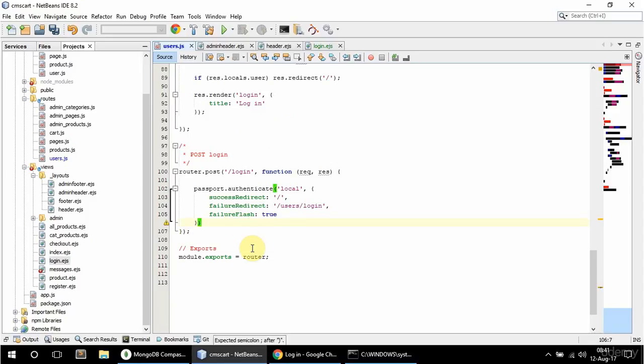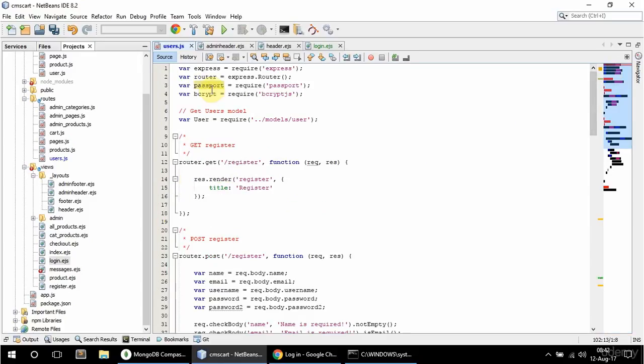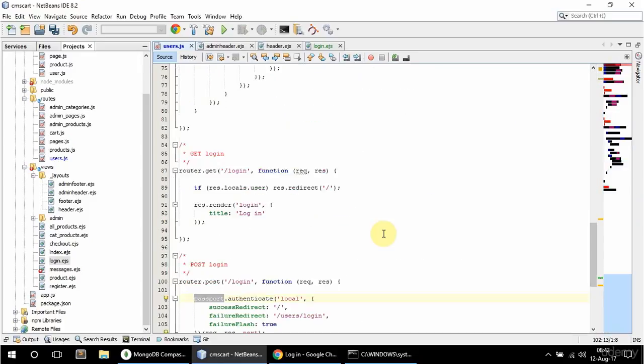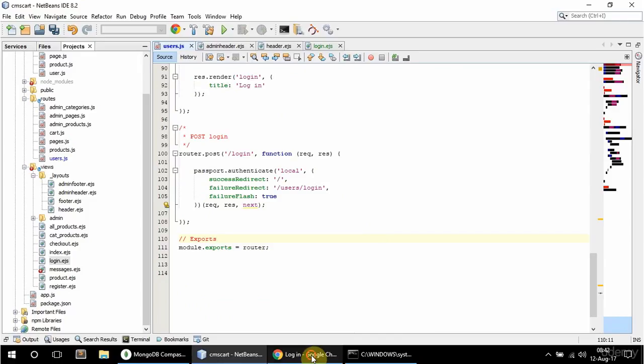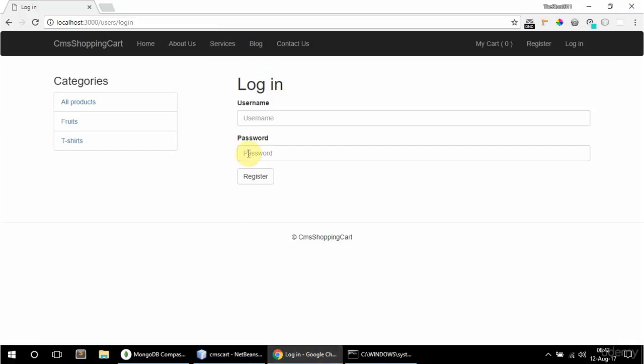And this looks good. I just need to have in here now req, res and next. Okay, and just some space here. So this passport I'm finally using, I'm including it up here. So let's see if this works. If I now refresh here and log in as admin,